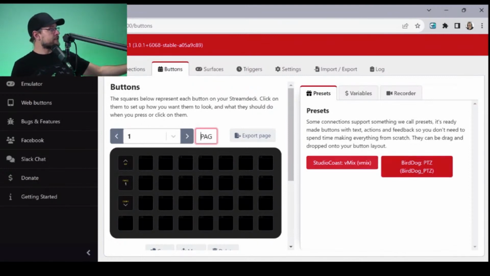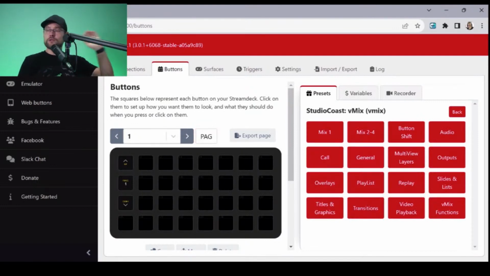So let's dive into the vMix module. It looks like it was made by or for Studio Coast. If you click on that button, it gives you basically all the preset options that you might need. Now, here's the thing about integrating an Xkeys with Companion.